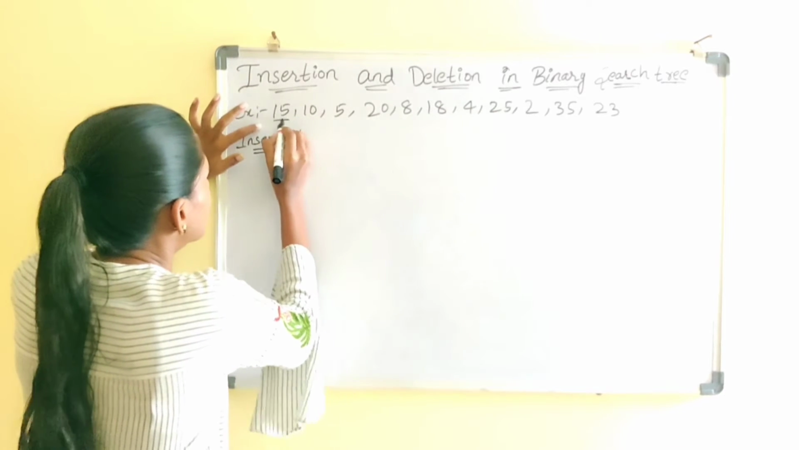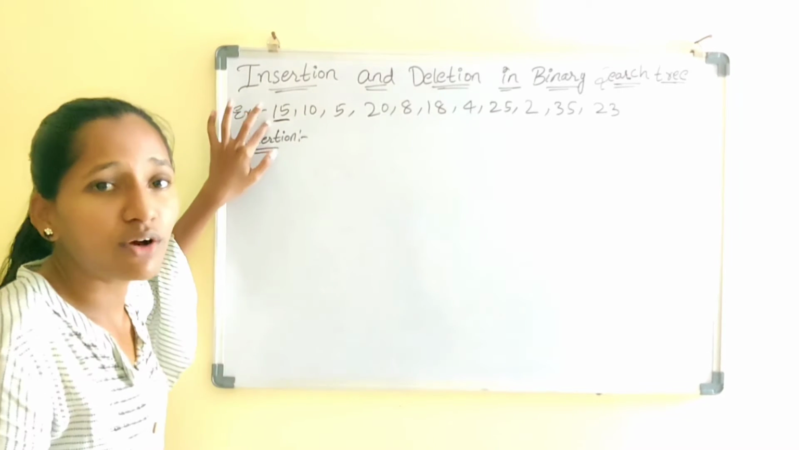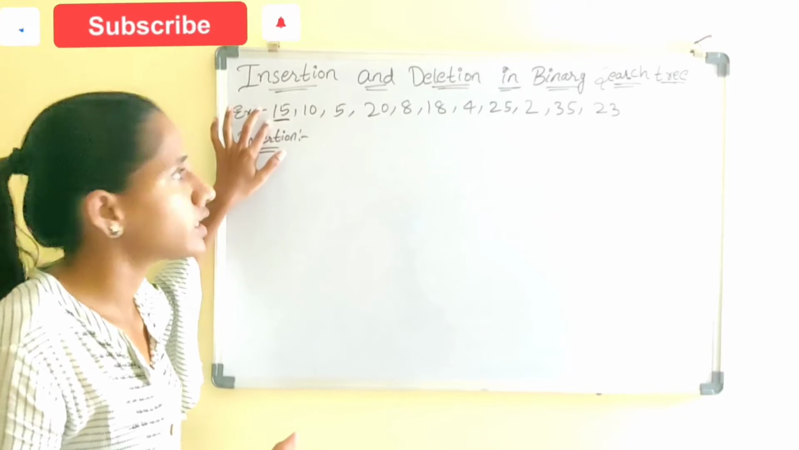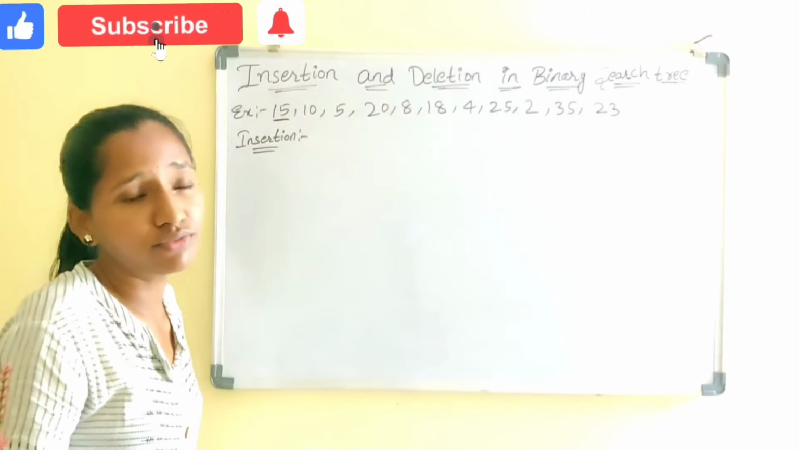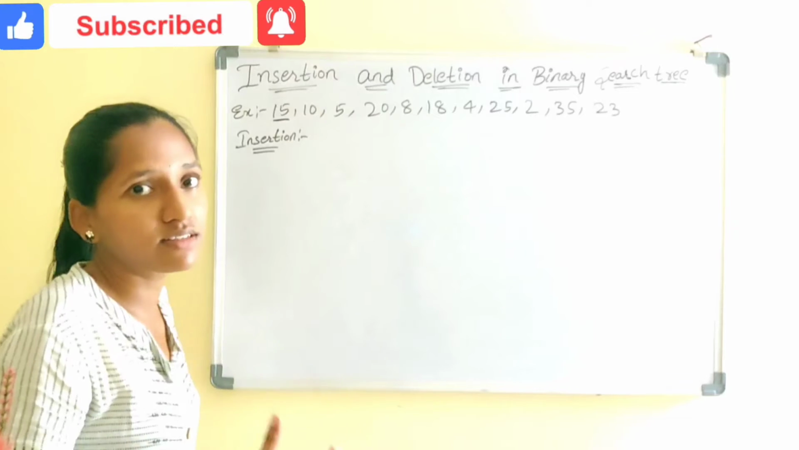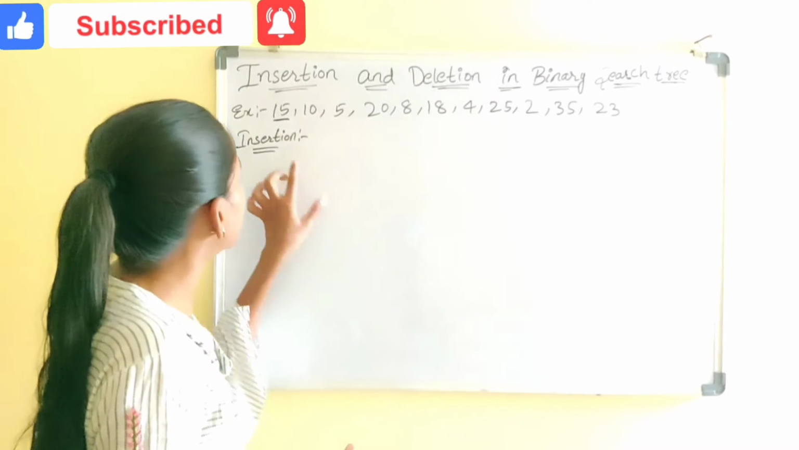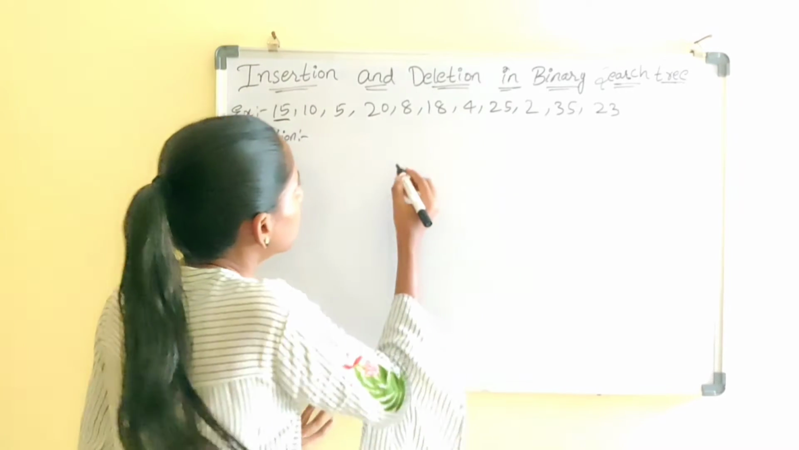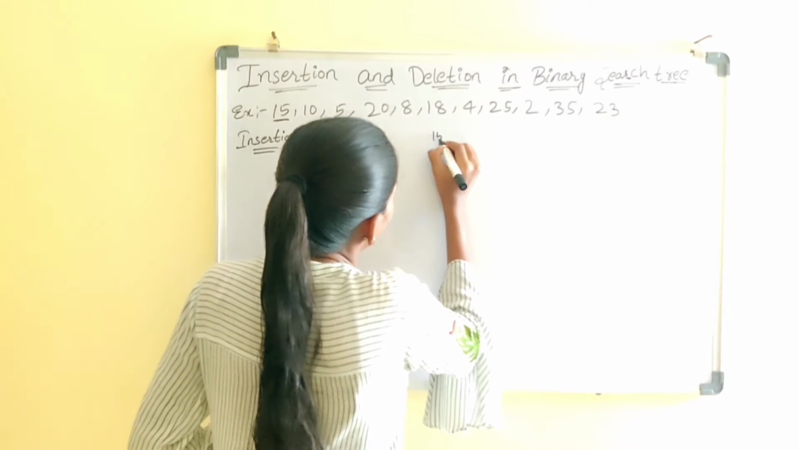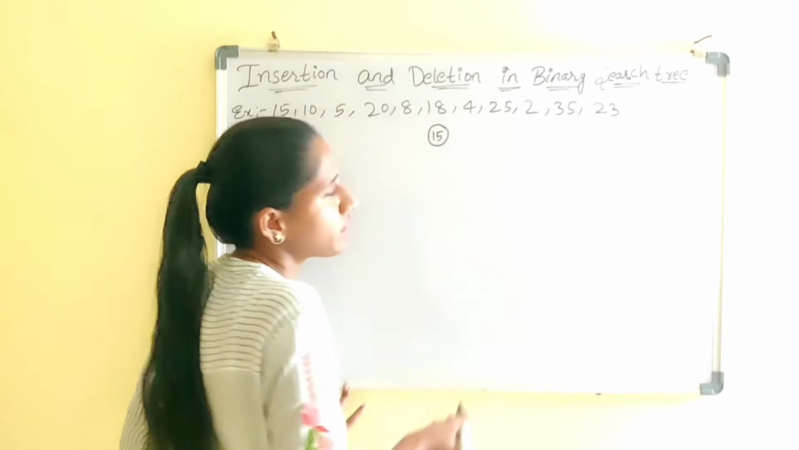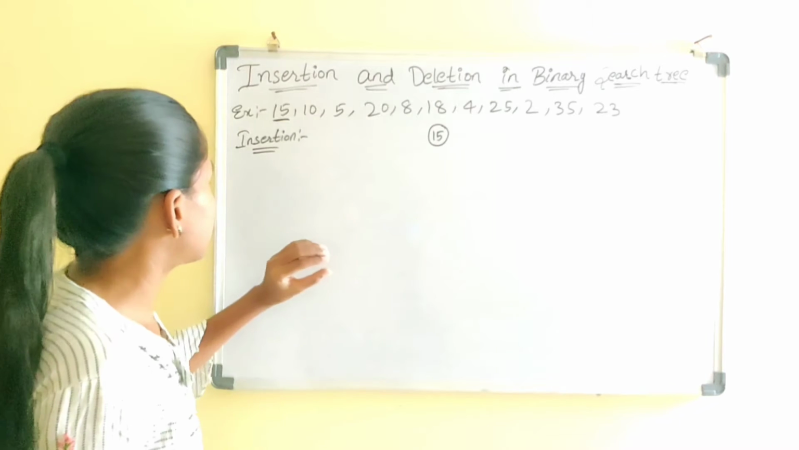First node. This is the first value we have to consider as the root node in the binary tree. While we are constructing a binary search tree, we have to consider the first value as the root node. 15 is the root node. Next,